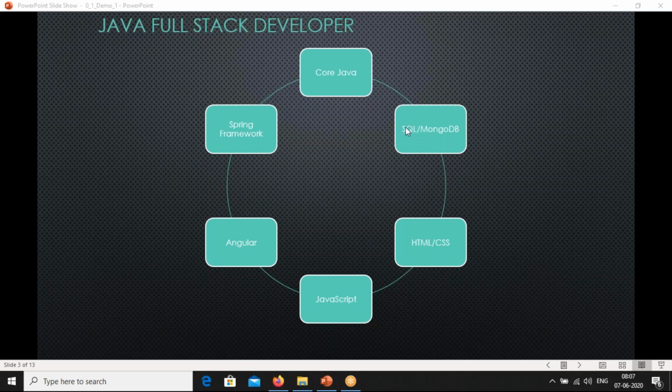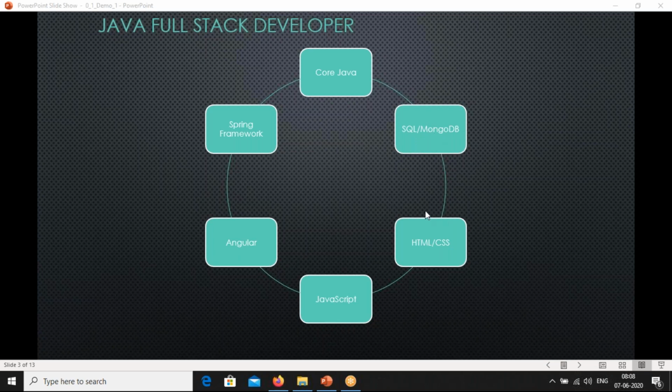You learn all these things in SQL. When it comes to NoSQL databases, MongoDB will be covered: what to work on in MongoDB and what is required as a full stack developer. Those things you can expect from this program.